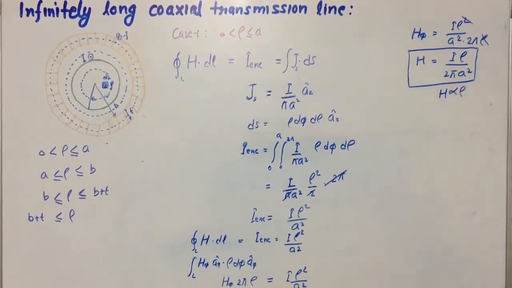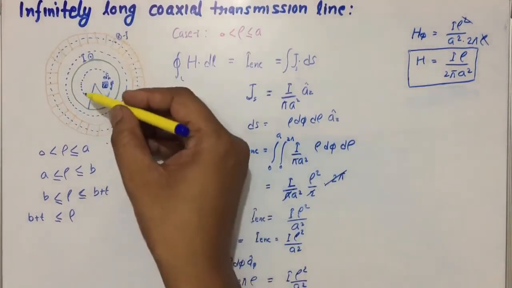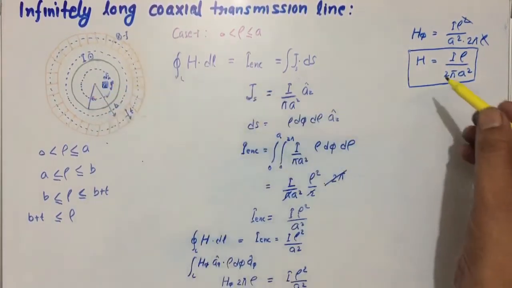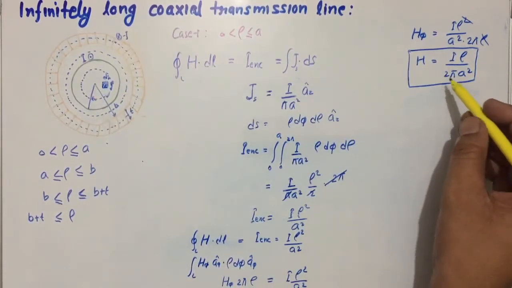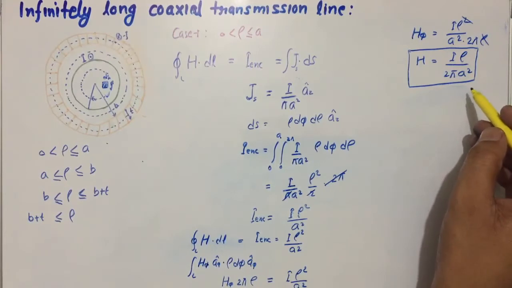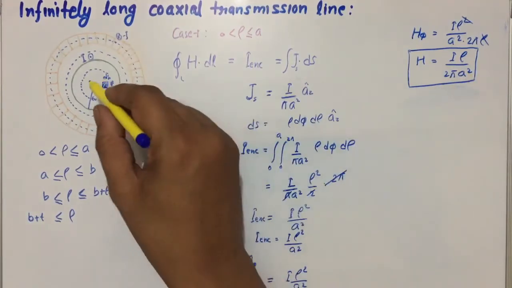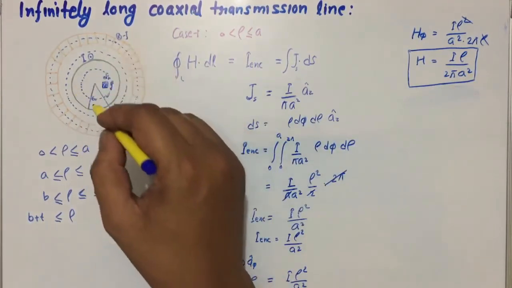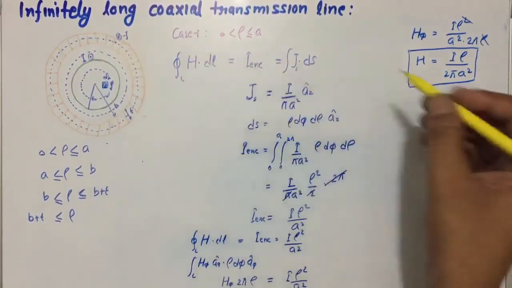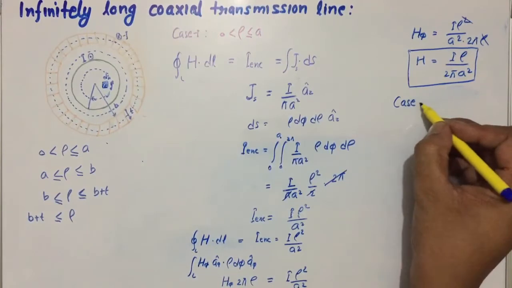It is in this way, in the region inside conductor 1, the magnetic field intensity will be I rho divided by 2 pi a square, where I is the total current that is coming out from the inner conductor. Now consider case 2, where